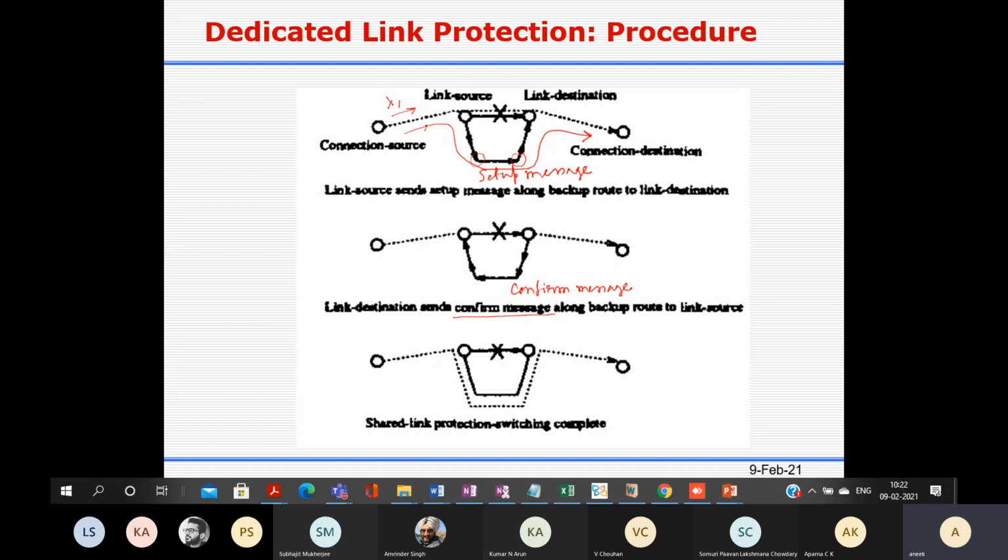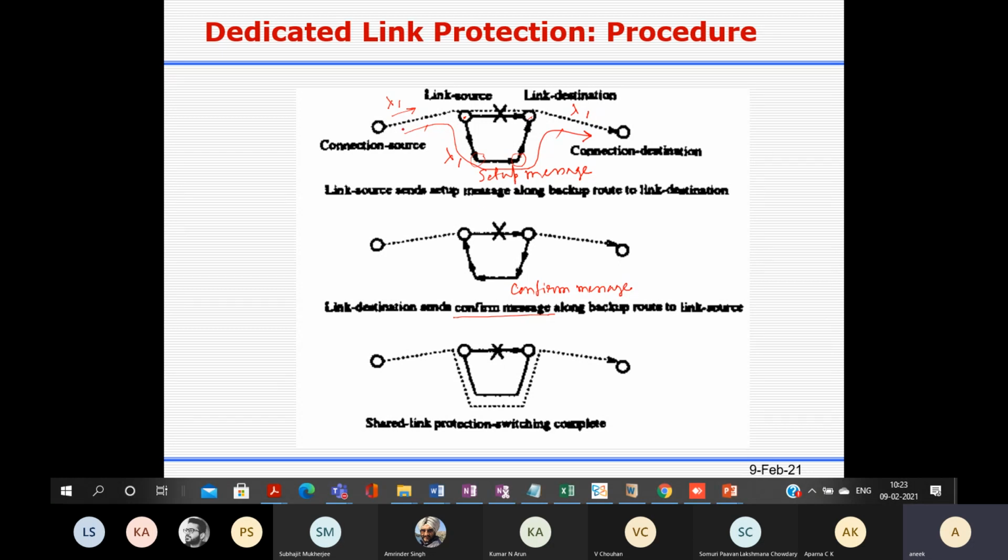So in this segment, I am still using lambda1 wavelength. Here in this portion, I have to use lambda1, because for all our discussion, we considered that these nodes do not have wavelength converters. If there were a wavelength converter, you could have used a different wavelength. But for all our discussion, from the very beginning, we discussed that there is no wavelength converter.